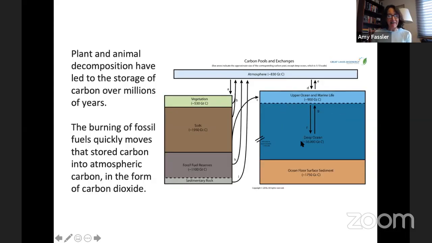There is a lot of carbon stored in the ocean. Look at the amount of carbon in the deep ocean. This is an area that climate scientists are really looking at, is how much carbon is being stored in the deep ocean and how temperatures of the deep ocean are changing. Let's see if we can make sense of some of these arrows, because every lettered arrow here is depicting a